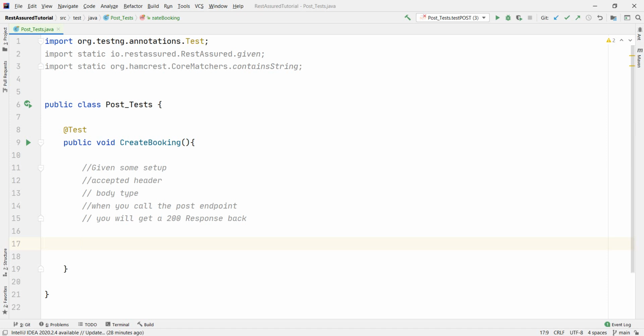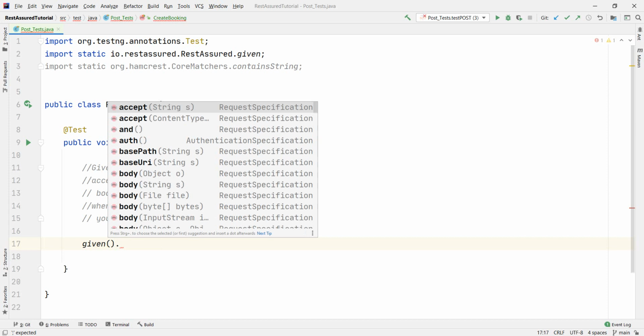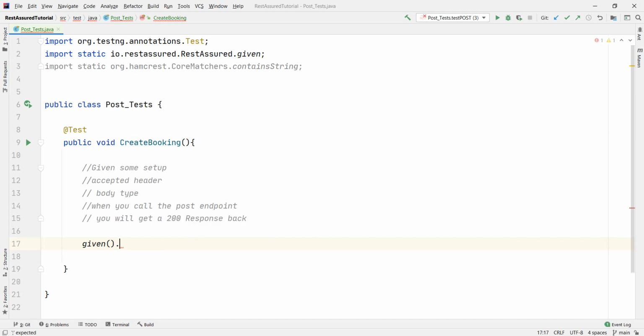We actually can start with the word given. So REST Assured has this terminology that you might encounter in BDD, so behavior-driven development, with the given, when, then, but that's another story. So let's just go through our comments. So we have a given. So in here, we basically will tell it, okay, given our header and the body to a post. So like I said, given, and